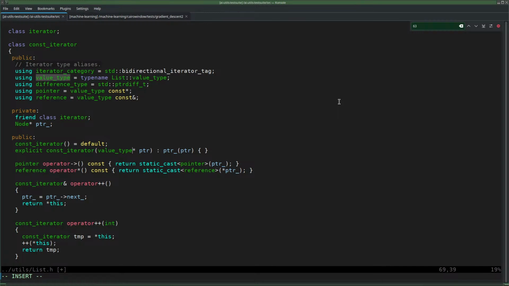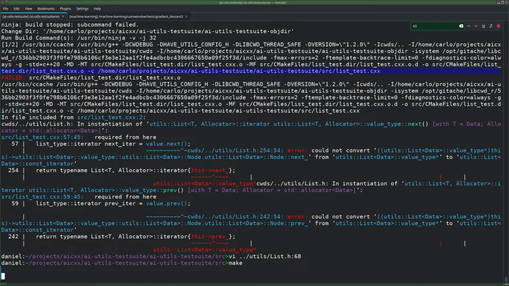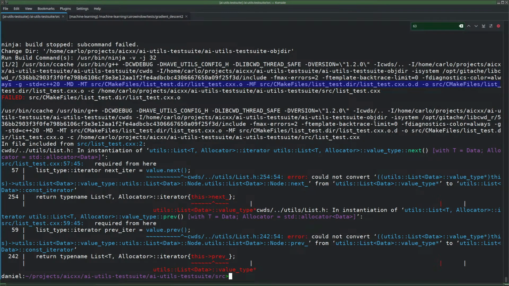So take a value type pointer. Now we have a problem here, because wait a minute. No, this is const iterator, which is a friend. So the friend does have access to the node. So now it should work. Except that it doesn't, because